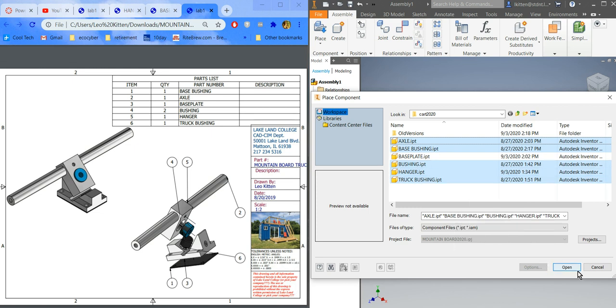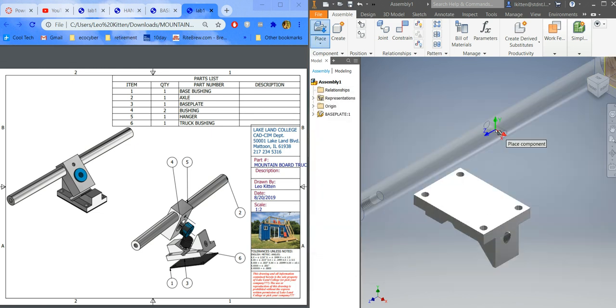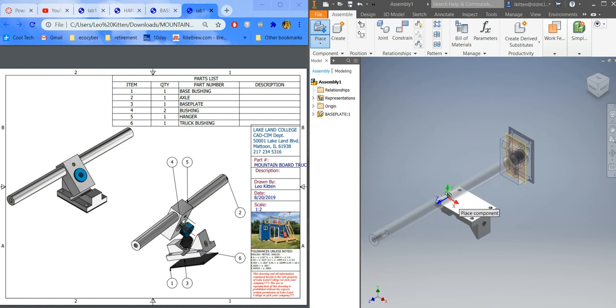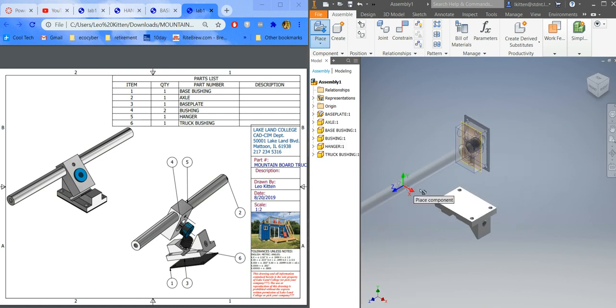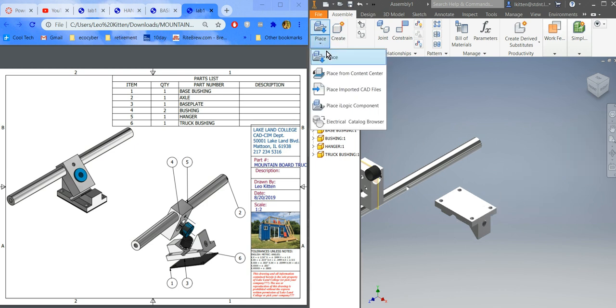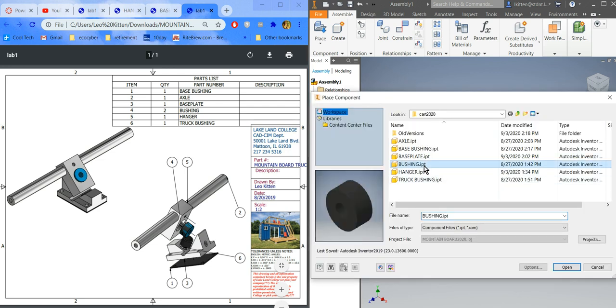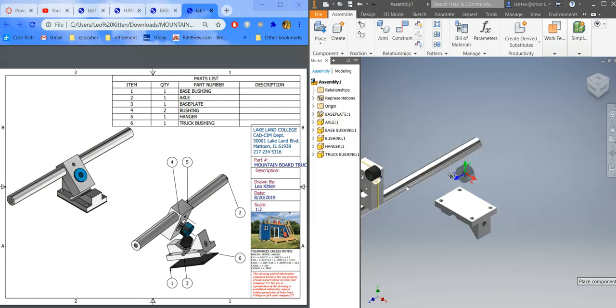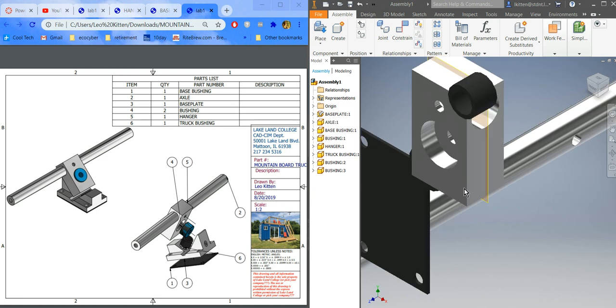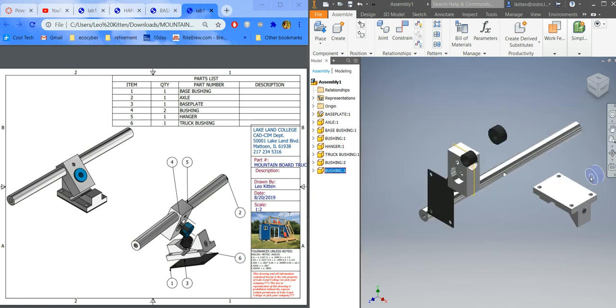Alright. So once you get that done, you just hit open. And just drop them anywhere, not too far away so you can get them. Hit escape. And one more time, place, place. And we need that bushing, number 4. It's just called a bushing. We need one more of them. Bring that in there and get all our parts. Okay, I think I already put one of these in there, so I'm going to escape. How many did I put in there now? Probably got 3 of them. Delete that one out of there. Okay,